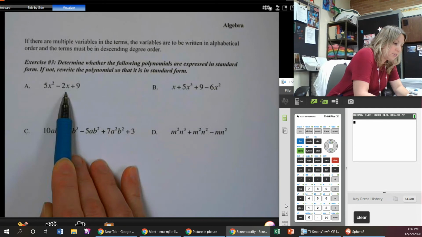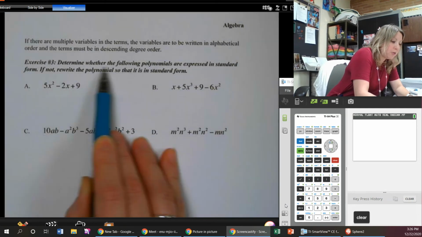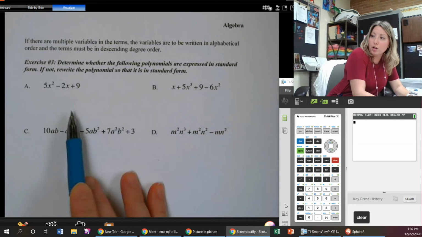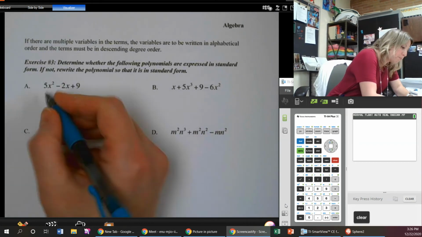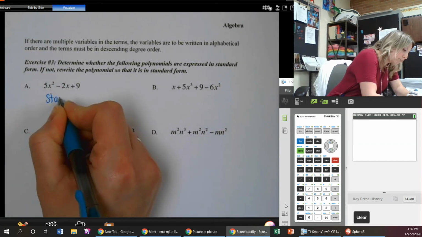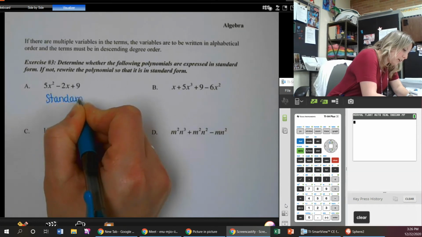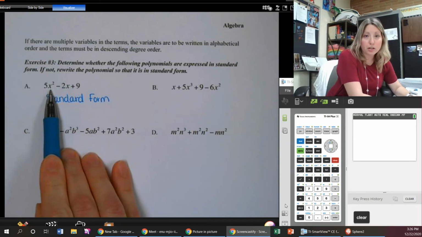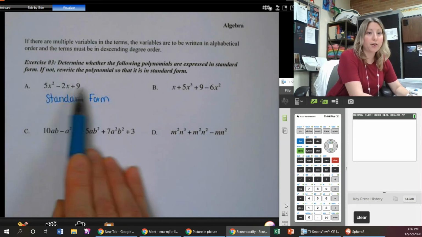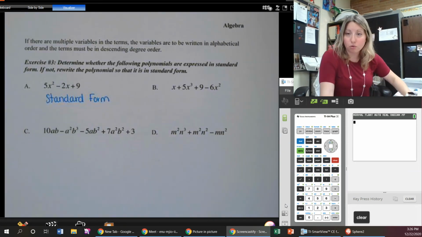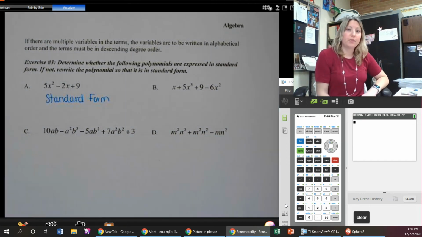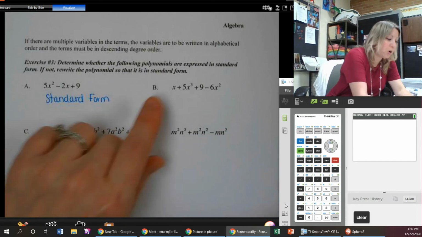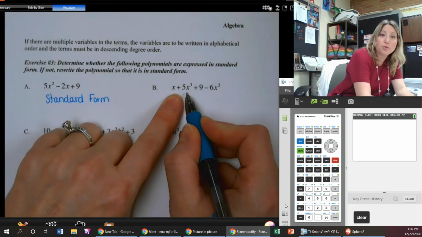So this is in standard form. Determine whether the polynomials are in standard form, and if not, rewrite them in standard form. So here we are, standard form. Descending exponential order. It started with the largest exponent present and then decreased in order from there. B is not in standard form, so let's put it in standard form starting with the term with the